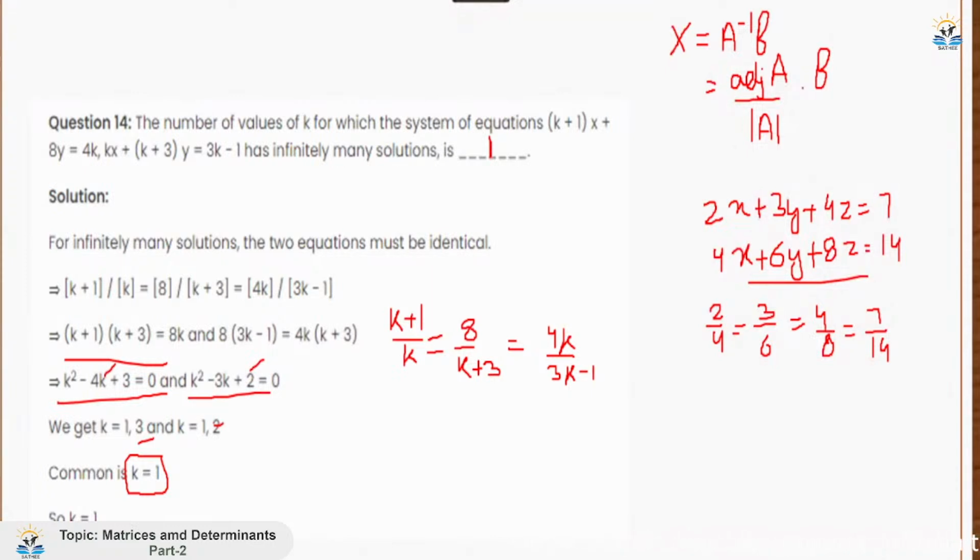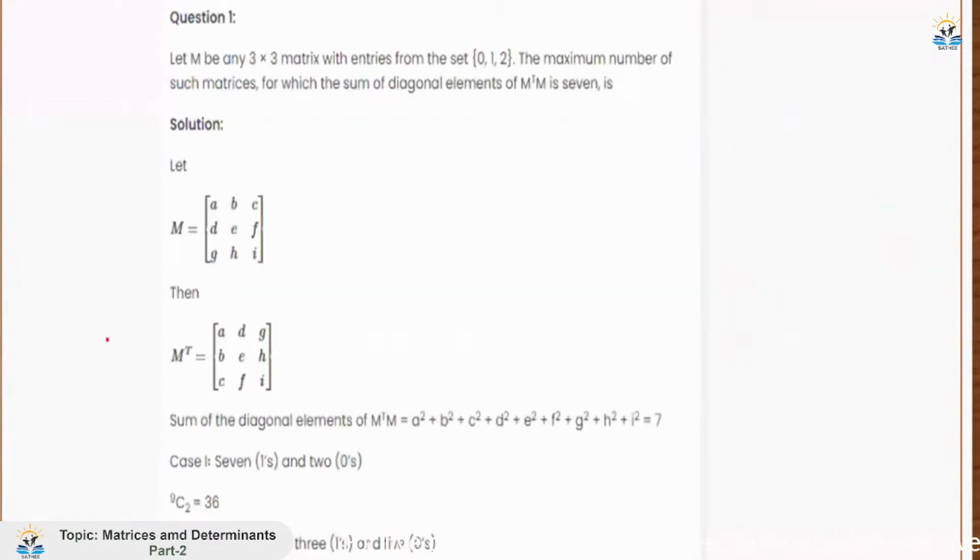Moving ahead. Let M be any 3 cross 3 matrix. Okay, I took some 3 cross 3 matrix M with entries from the set 0, 1, 2. So I basically took a 3 cross 3 matrix where the entries a, b, c, d, e, f, g, h, i can each be equal to 0 or 1 or 2. The maximum number of such matrices for which the sum of diagonal elements of M